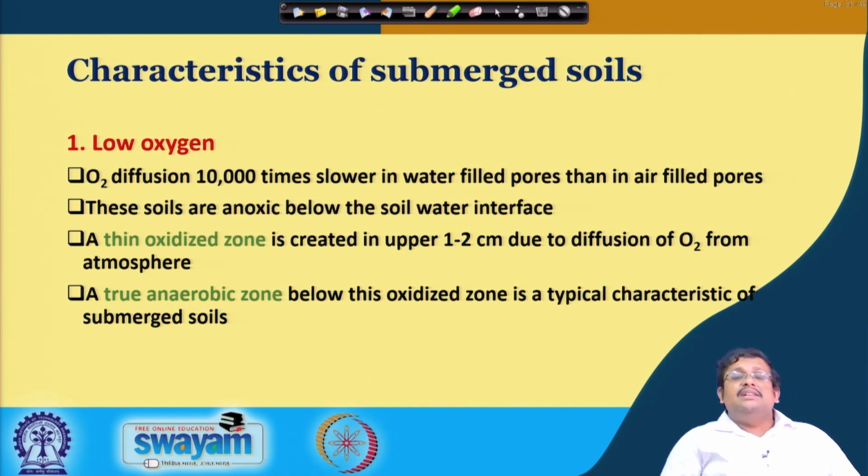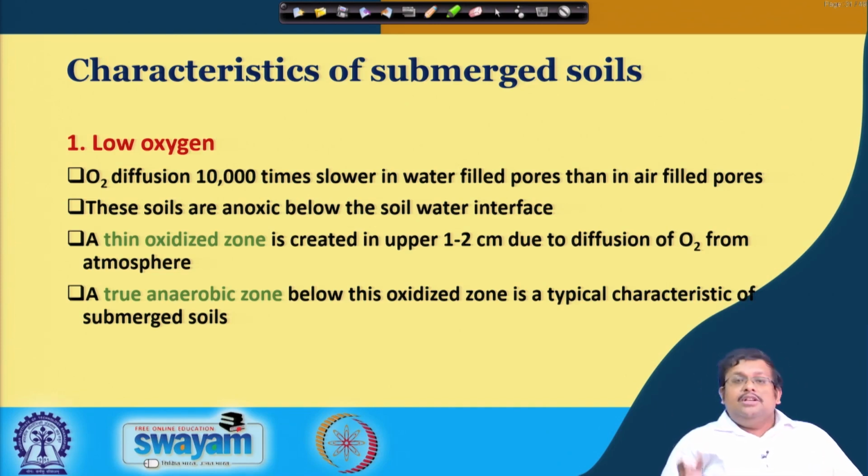So, these soils are anoxic, because at the soil-water interface a thin oxidized layer is created. We have already seen the upper 1 to 2 centimeters, due to diffusion of oxygen from the atmosphere. Whatever amount of oxygen diffuses from the atmosphere will create this upper 1 to 2 centimeter thin oxidized zone, and below that a true anaerobic zone will be produced, which is a typical characteristic of